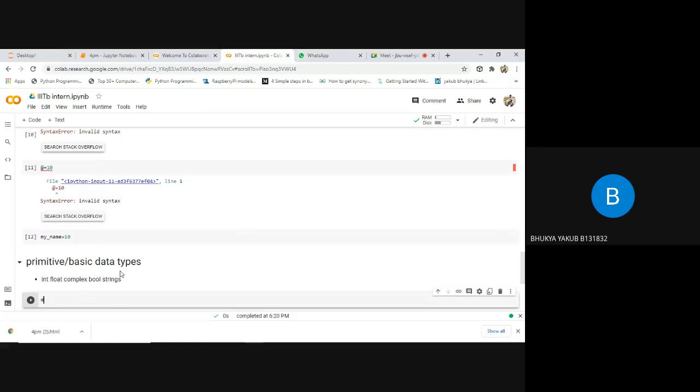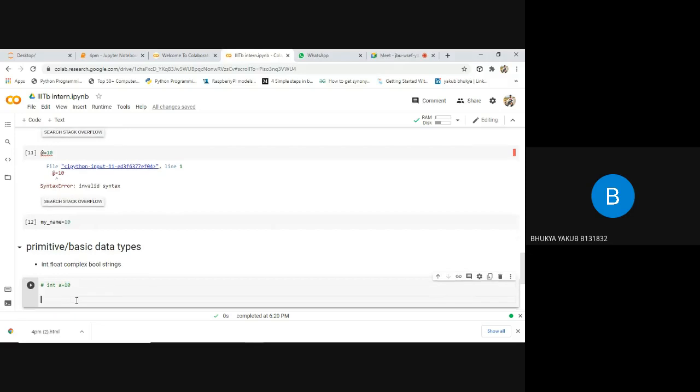Let's suppose in the C language you write int a equals 10. Irrespective of the value 10, and irrespective of opening and closing, based on the integer data type it will allocate 4 bytes of memory to the variable a. That's about a static programming language.